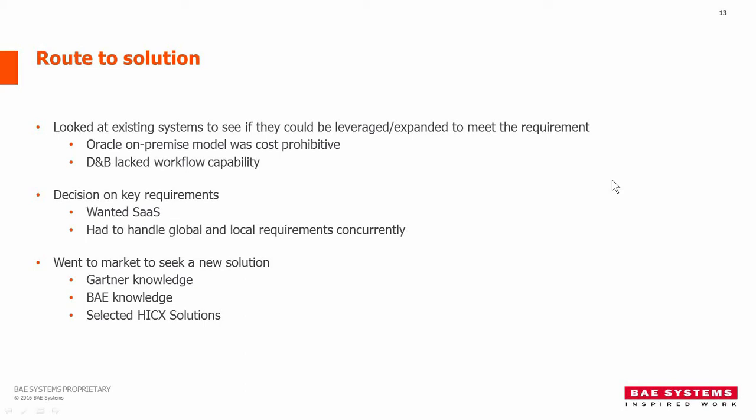One, they were a SaaS solution, which in our view simplifies the infrastructure, thus reducing cost. So no hardware, and you don't have to worry about disaster recovery, things like that. And then you also get to take advantage of the continued software updates, which HICS does supply as their roadmap advances. And the second was that at the time, they were really the only one that had the flexible solution